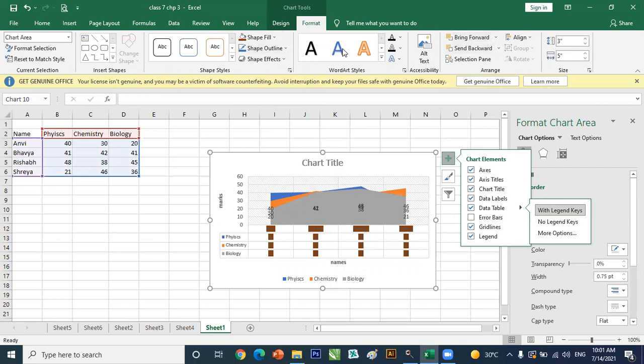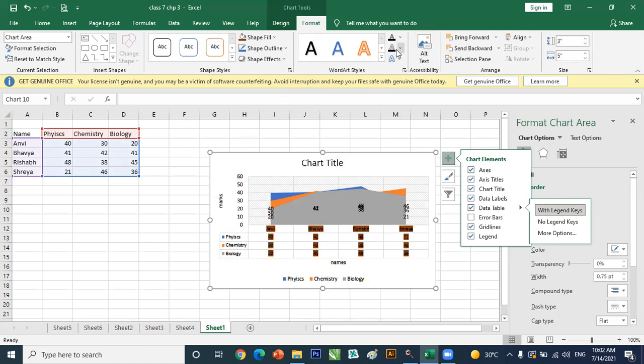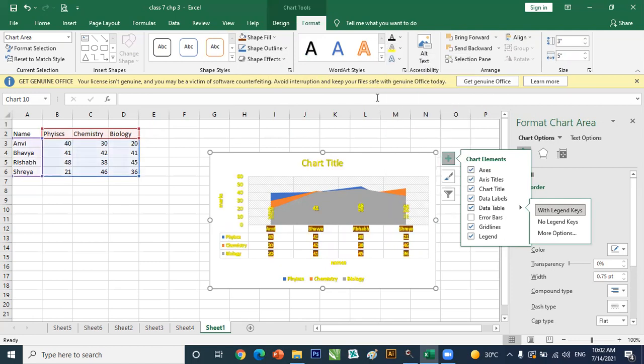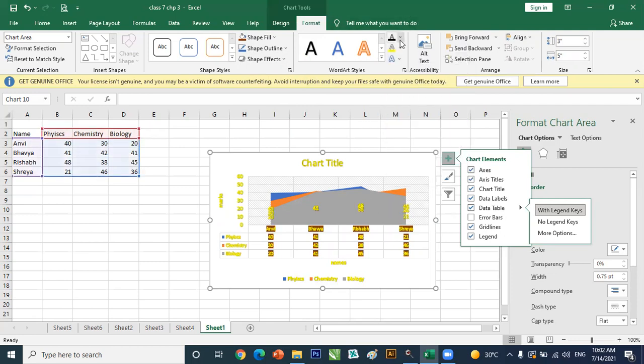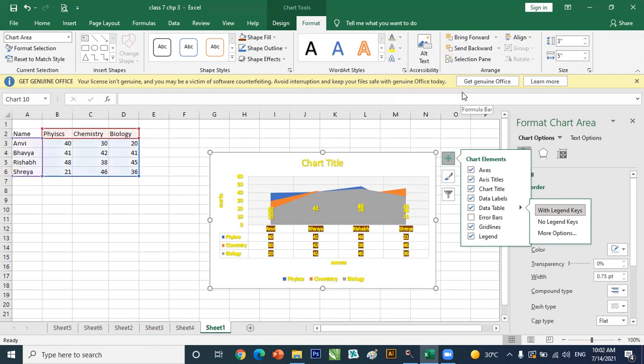If we want to go for any of the word styles, then we can use any of the word styles from this side. First of all, select the table and then choose any of the styles. Whatever changes we want to make, like text fill, text outline, text effects, we can make the changes under the format group. Under the format group, we are getting this word style. Then if we want to go for theme color, then we can use any of the colors as our theme color. If we want to go for any font color, then we can choose it from here. This is called text fill, the color of the text.